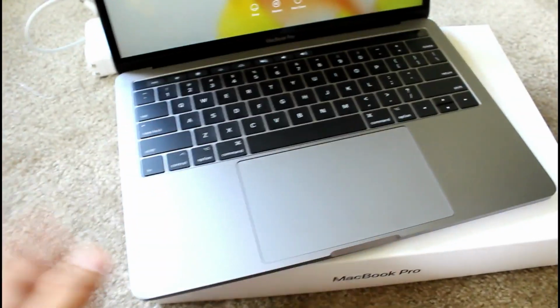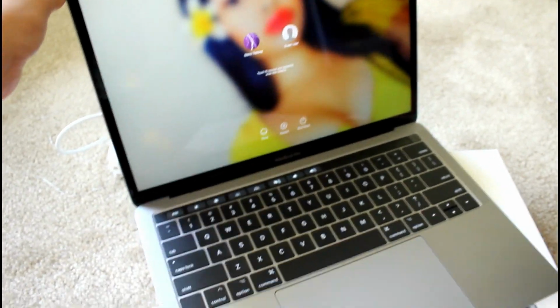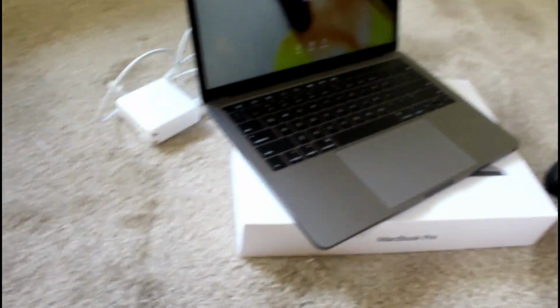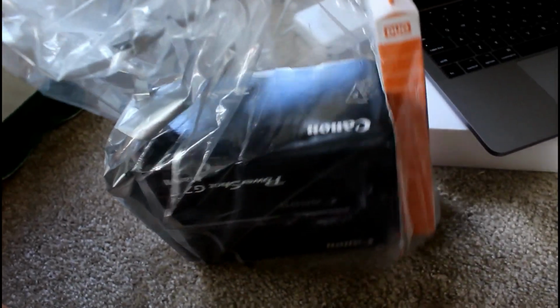So yeah, that's my new MacBook right there, and I'm happy because now I can edit more videos for you guys. But yeah, let's just set that aside. Oh my god, my battery is dying, so I'm gonna do this haul quick. And then also yesterday I went to Best Buy to get a new camera. I know, another camera, and this is the